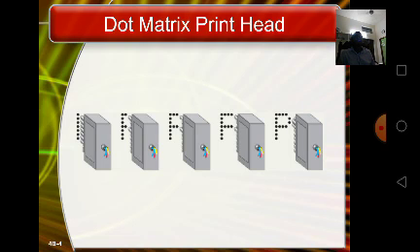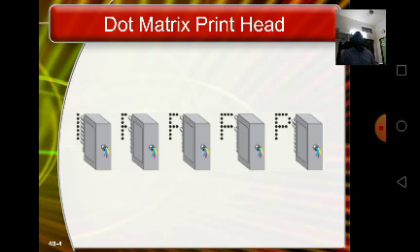Next, another printer is band printers. A band printer features a rotating band embossed with alphanumeric characters. To print a character, the machine rotates the band to the desired character, then a small hammer taps the band, pressing the character against a ribbon.